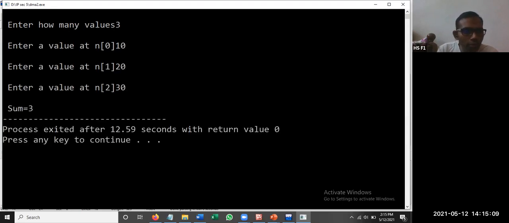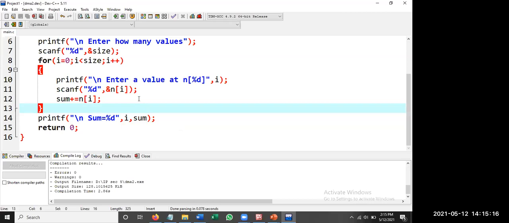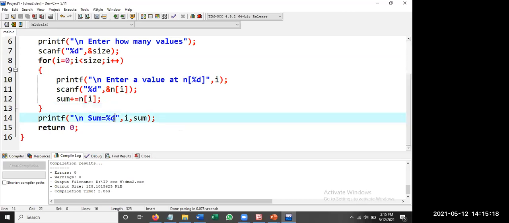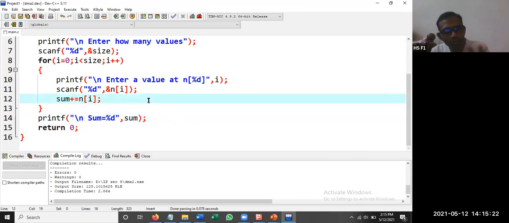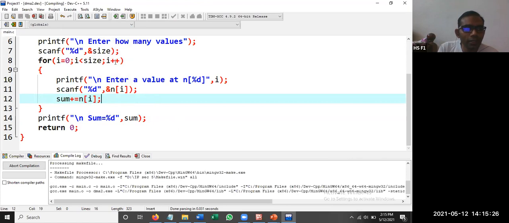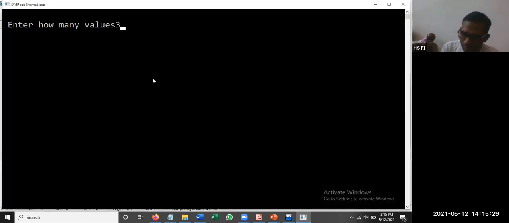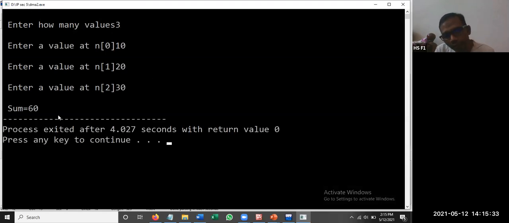So we got sum is equal to 3. What is this 3? What happened? You haven't mentioned %d in the last printf, sir. Yes, thank you. So i is 3, so it is printing the i value. Great analysis. 3 values, 10, 20, and 30. So we got 60. Finally, good result.